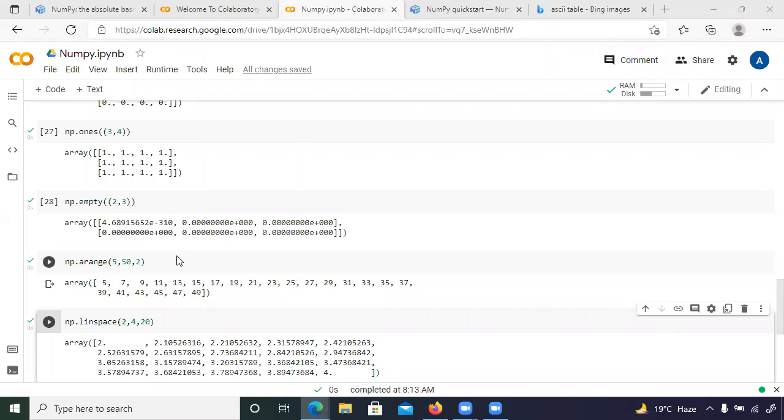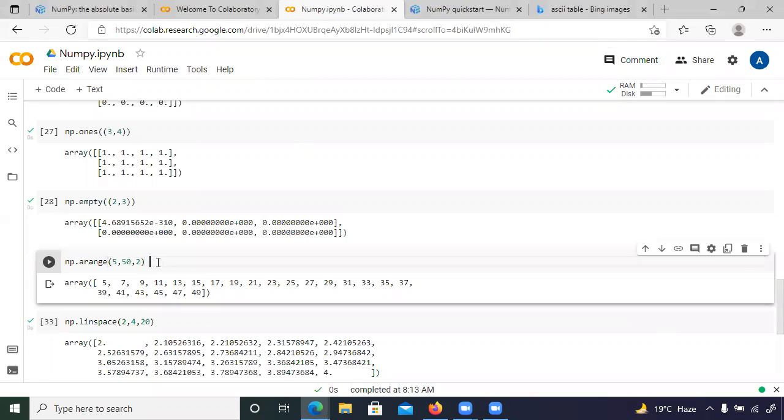So the difference, as I was discussing here, see here, what is the difference here? In this arange function, you are giving your start value. Here the start value is 5, the end value is 50, and your interval is between 5 and 50.